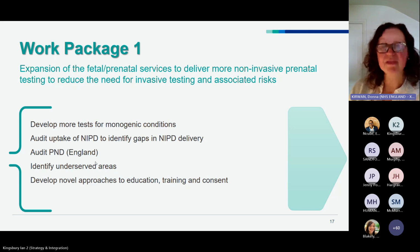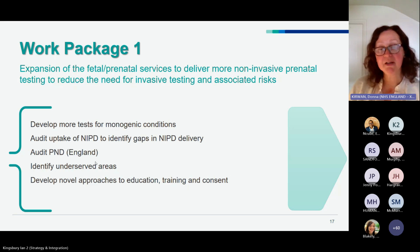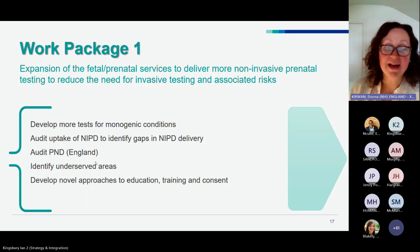And it's expected that this work stream will develop more tests for monogenic conditions, aligning with some ongoing projects that are based in GOSH, NIHR as well, and build on the North Thames GMSA audit of prenatal testing to identify gaps in NIPD delivery, to identify education engagement needs in collaboration with other GMSAs and GLHs. Sustainability will be delivered through incorporation of new tests in the National Genomic Test Directory and embedding education in appropriate